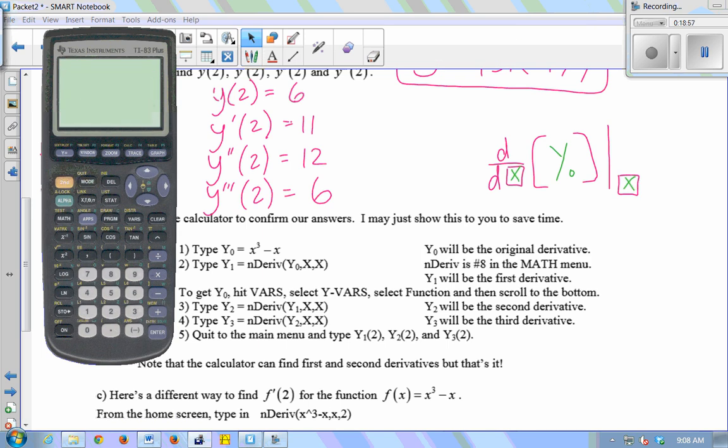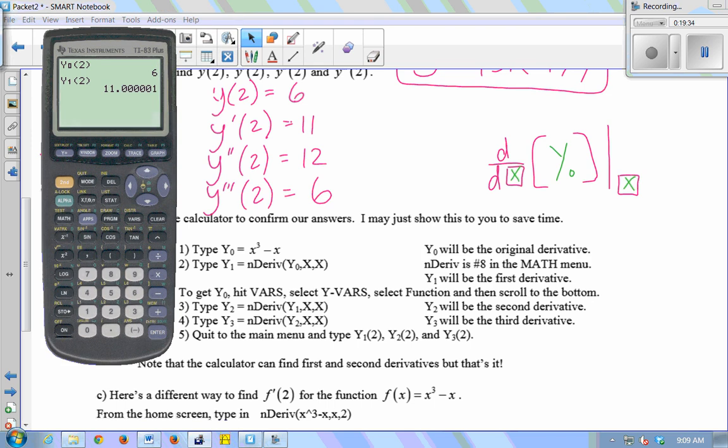And I'm going to have the calculator evaluate each of those functions at 2. So I use vars, y vars, function y0 at 2. Your calculator knows function notation, so you can just call up y0, put 2 in parentheses, and it knows to plug a 2 in. So we get 6, which is what we got here. And then for y1, I'm going to call up y1, plug in a 2, and I get